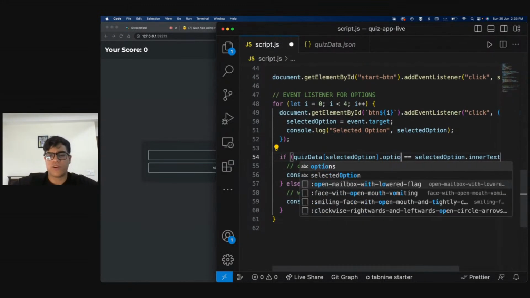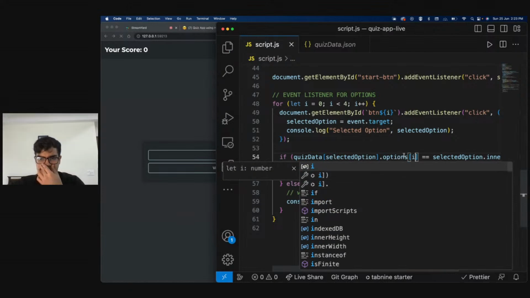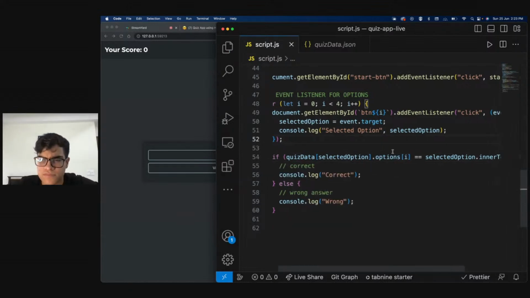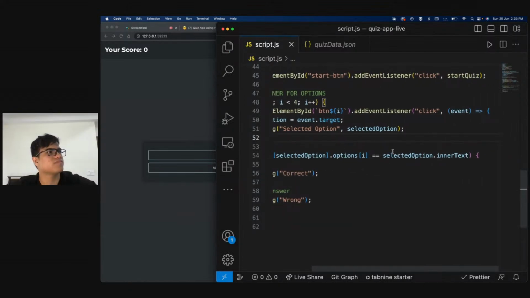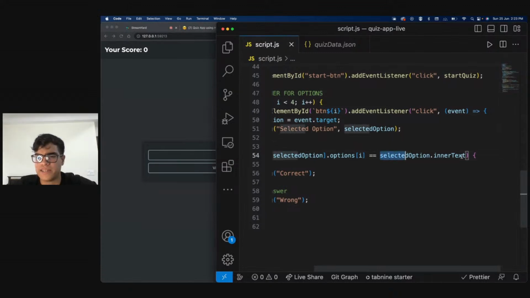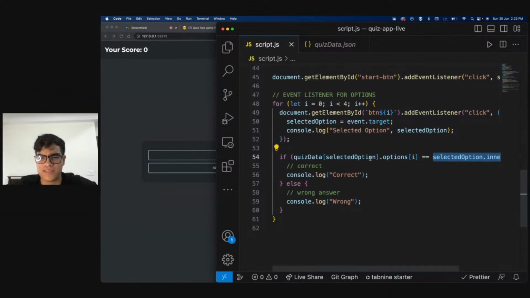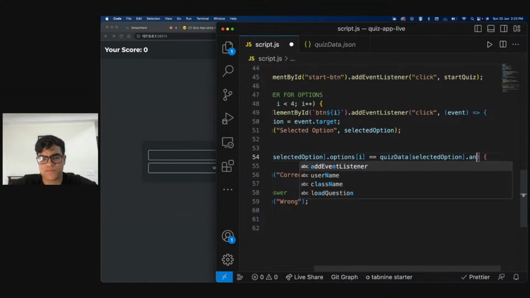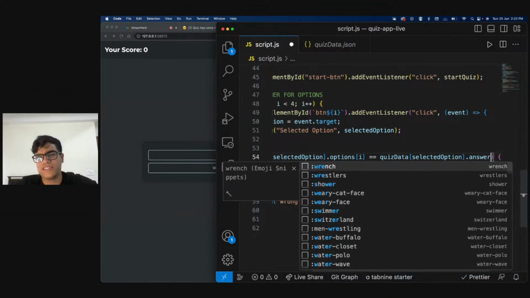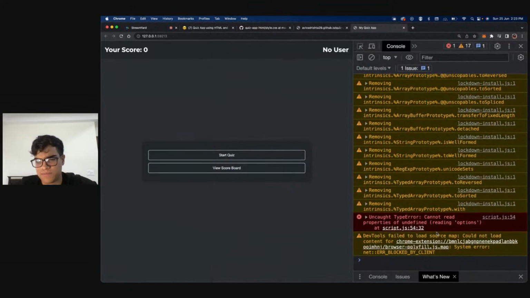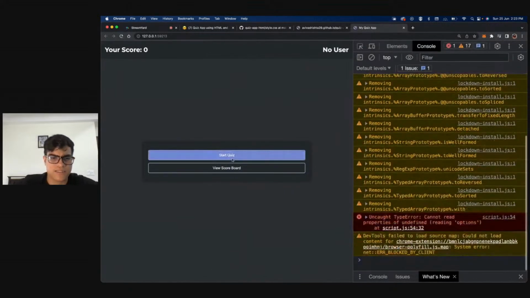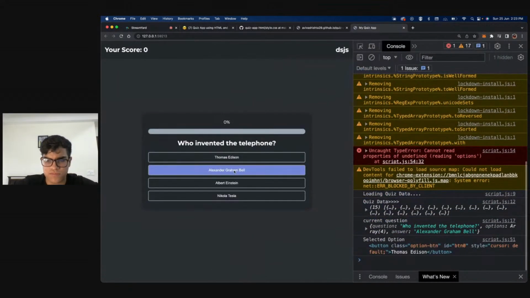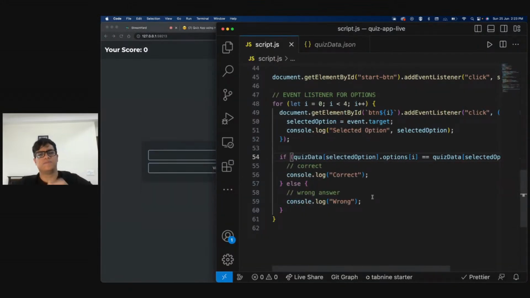Okay, so instead of this, what we'll do is options I, and instead of this, I'll just say dot answer, right? The reason for that is basically, let's see. Something is wrong again.